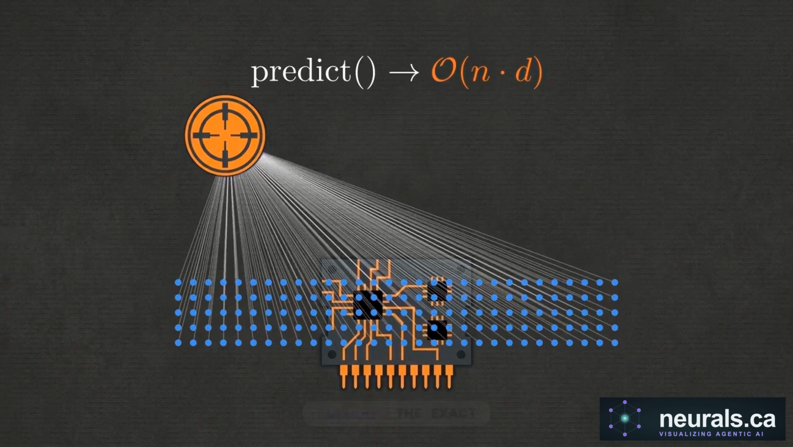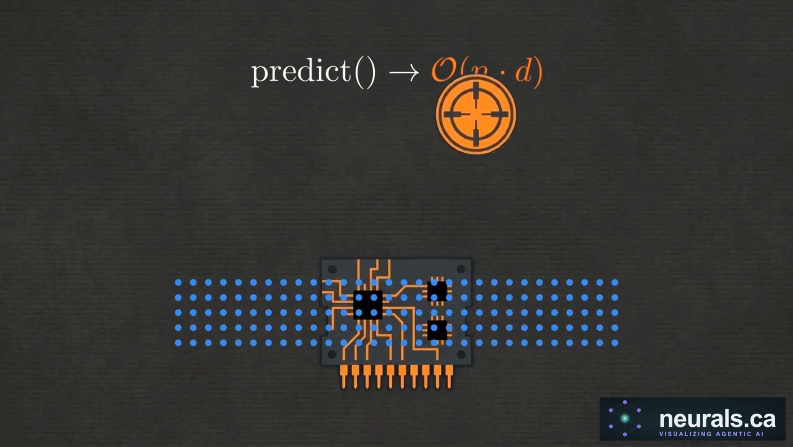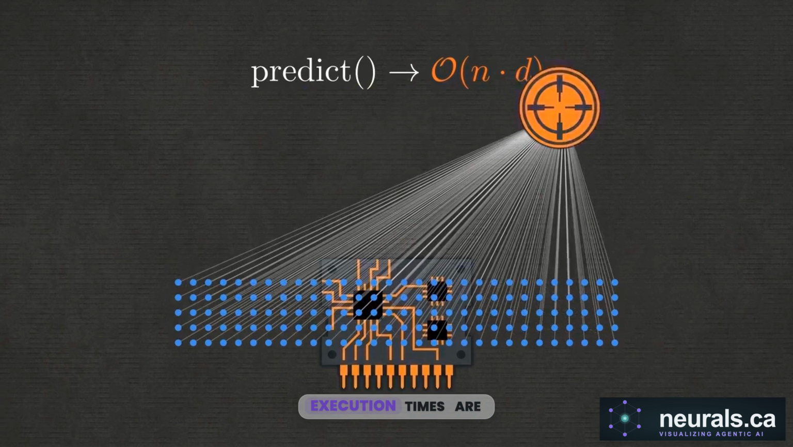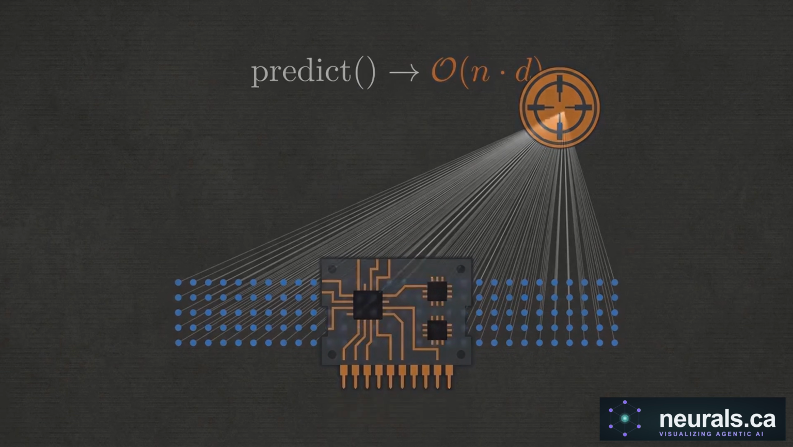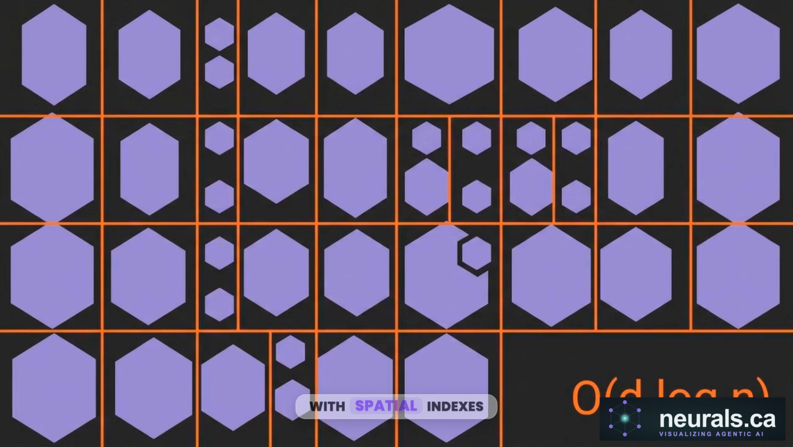The algorithm has to measure the exact distance from the new query to every single stored point. There is no early exit. The best, average, and worst-case execution times are identical, meaning every connection is blindly recalculated every single time you ask it a question. You can try to optimize this with spatial indexes like KD trees or ball trees to drop